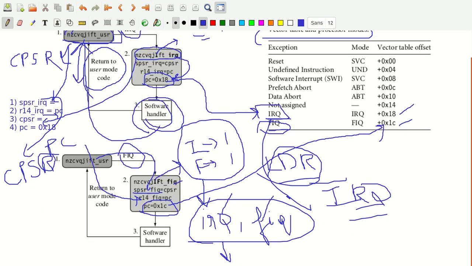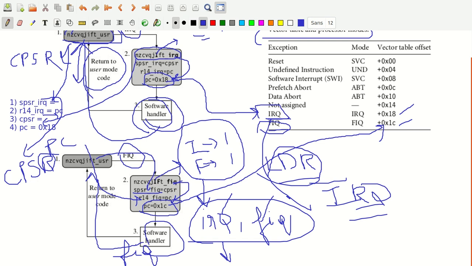After that, definitely, this is the same thing. You can just make a note of it. This will come into the picture only. The same thing has been written here. If it immediately gets changed, it means you are not saving here, but this you can put in the third step here. Again, the software handler, this is the FIQ software handler. So FIQ is being serviced, then it returns again normally to the user mode.